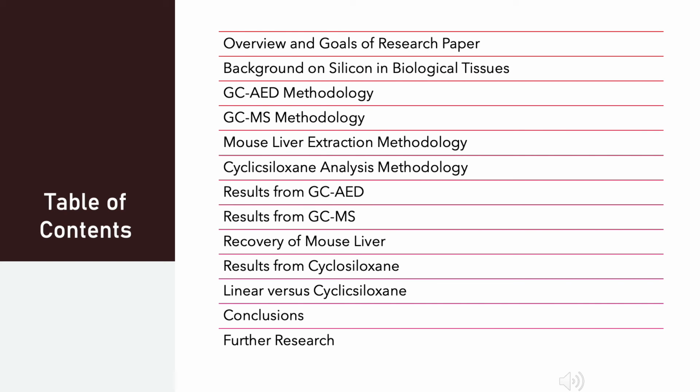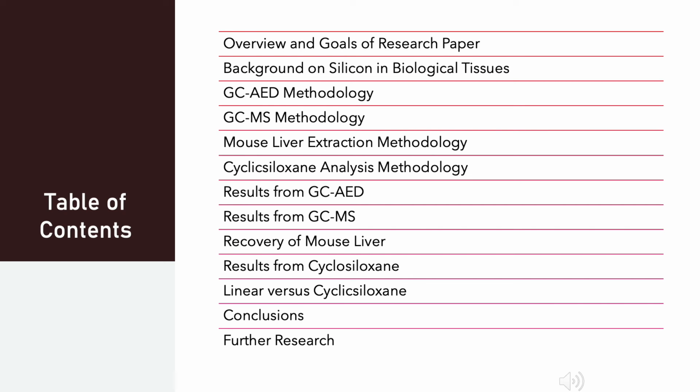Then I'll go into the aspects of the paper and I'll talk about GC, AED, and the methodology that the authors used, along with GC-MS, and then I will talk about the mouse liver extraction method that the authors used to compare PDMS in mouse liver and the different concentrations, and they looked at the percent recovery. Then I'll talk about the cyclic siloxane analysis and how the authors plan to analyze cyclic siloxane from breast implants,